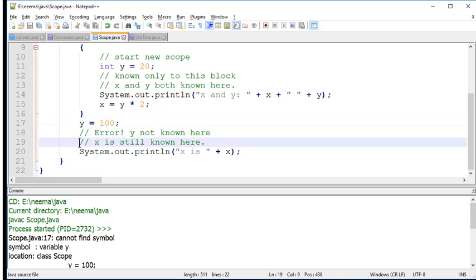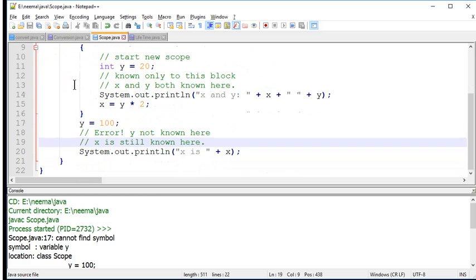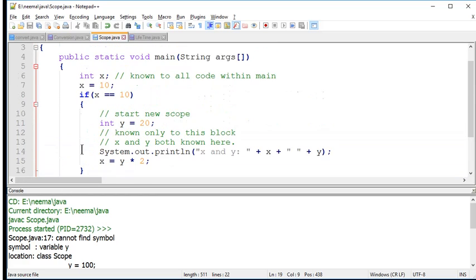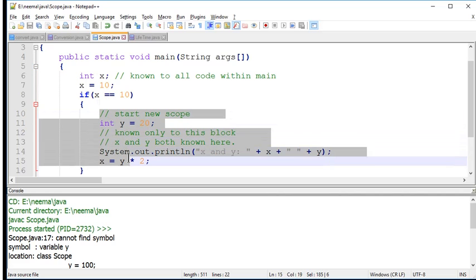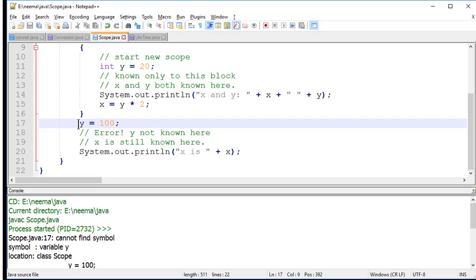These lines come under the class scope. So the variable y is not declared. That means the variable y is declared within the inner scope and it is not visible to the outer scope. Only if you comment this line will the program get executed.